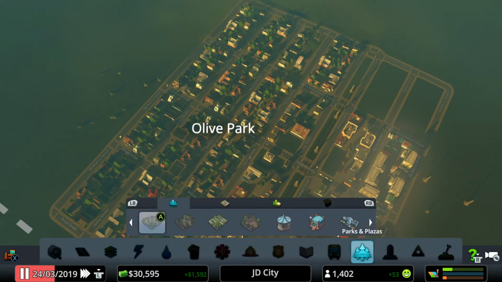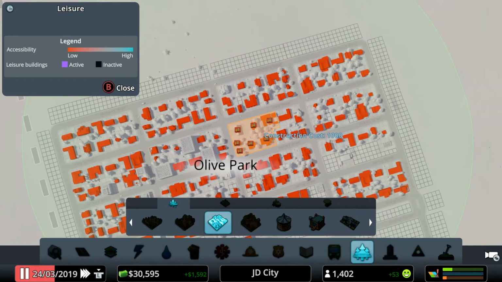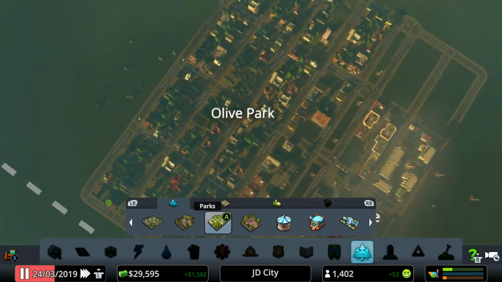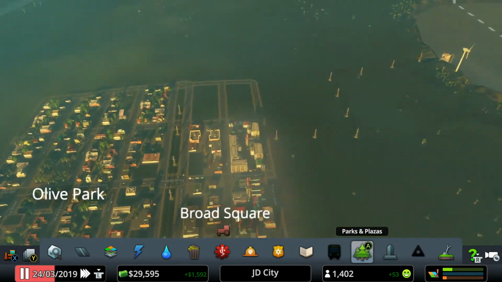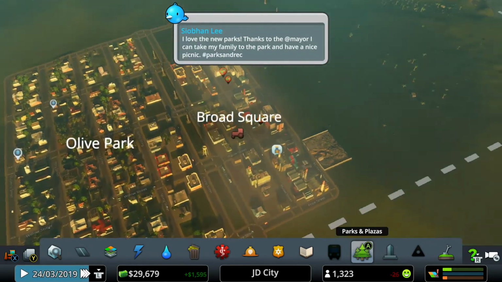If I'd known we were that close to a milestone, I wouldn't have taken out a loan. Dang it, but that's okay. How much are these parks? These parks are pretty pricey. We'll go with a small park for now, and we'll throw it down. I feel bad, but it's okay. It's okay, it's okay. We'll throw it down right there, boom. And another residential demand. We're probably just gonna leave it for now, and I want to see how this